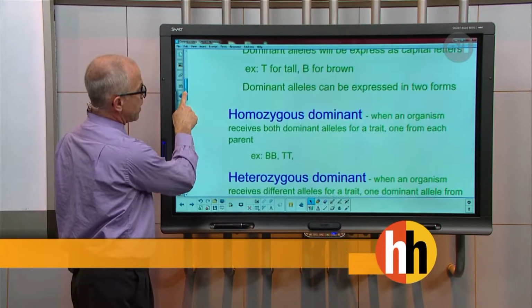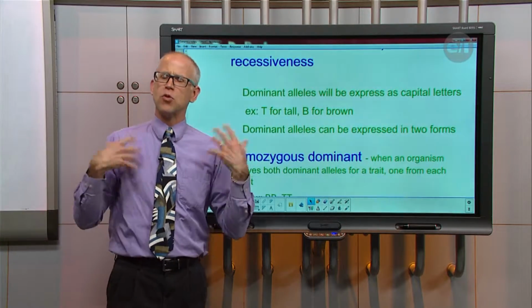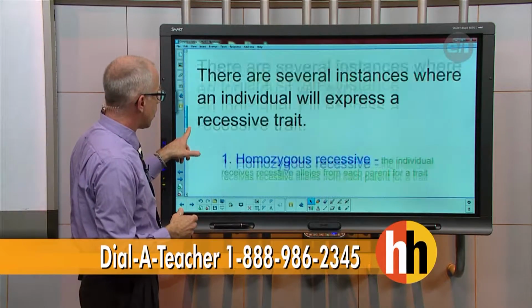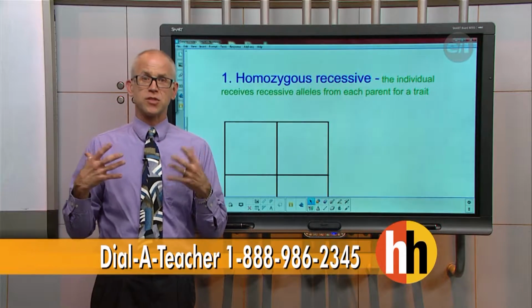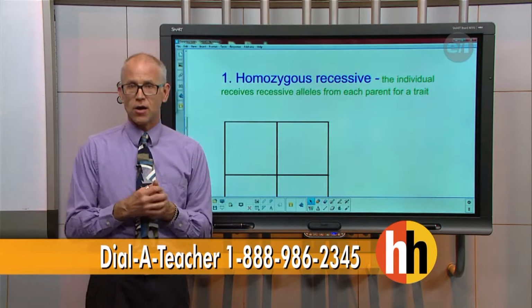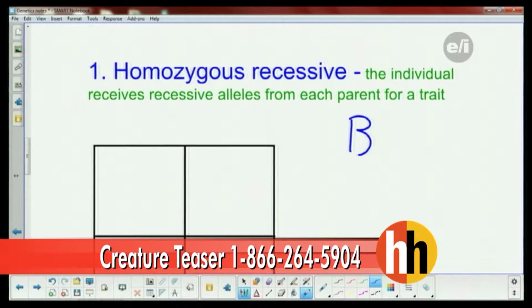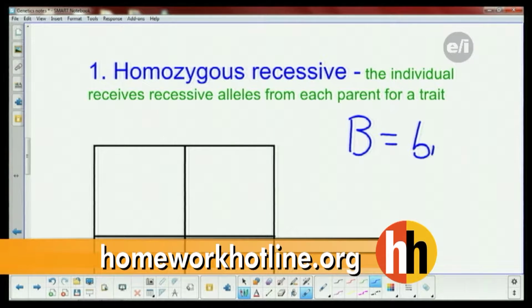One of the things I mentioned was that you can have a dominant allele, which is the one that's most common in a population, or you can have a recessive allele. One of the things we like to use, because it's something you can see, is eye color. So we're going to come up with a couple letters here. We're going to take the capital letter B, because that represents the dominant trait, and we're going to say that B equals brown eyes.